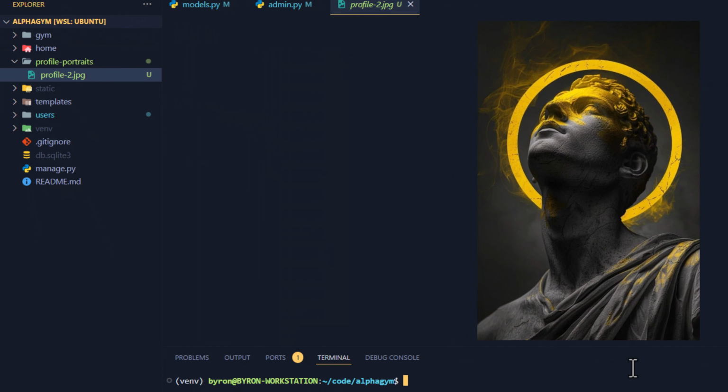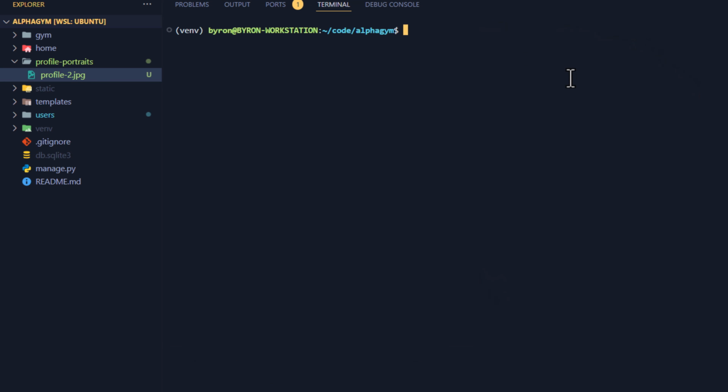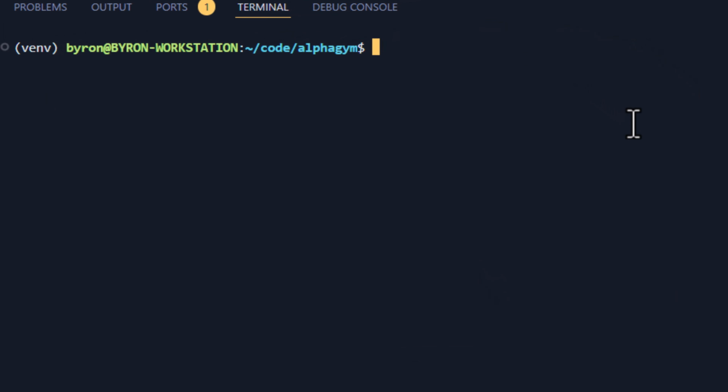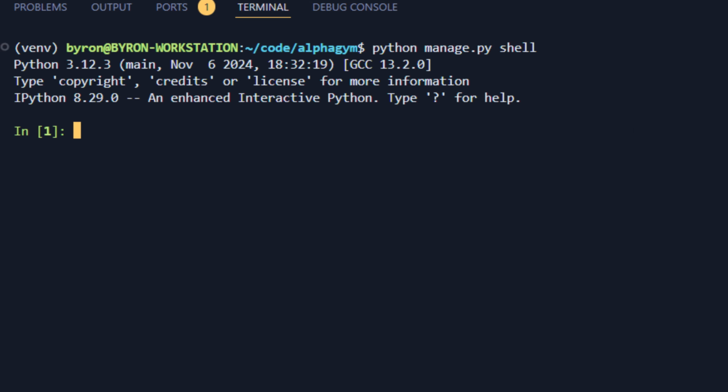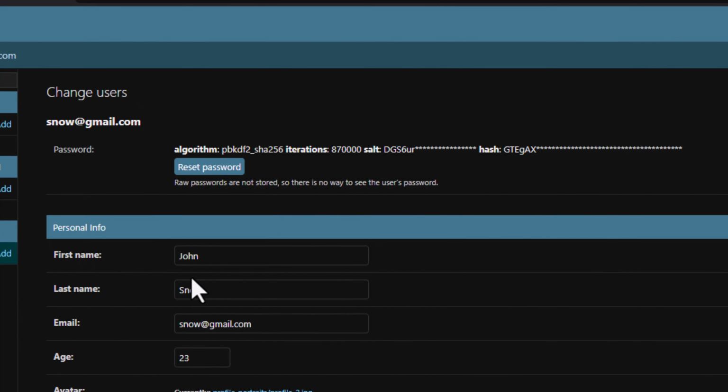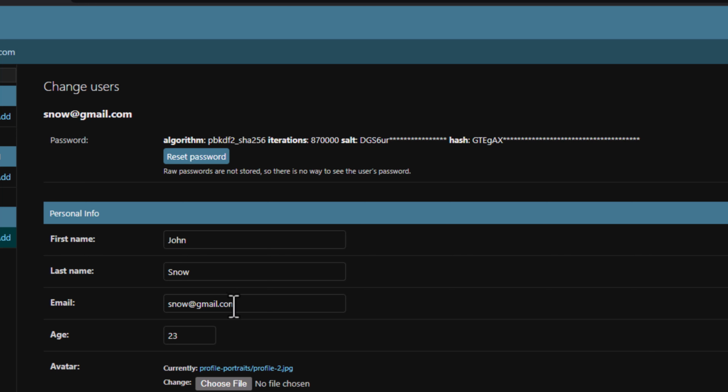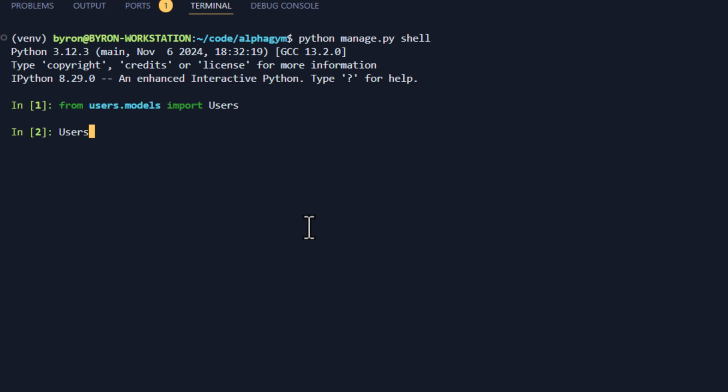So we can inspect this further by going to the interactive shell, which comes with Django, and we can access it using python manage.py shell. So we want to inspect the user object. So we're going to import the user model. So from users.models import Users, and I want to fetch this user, Jon Snow, with the email of snow@gmail.com, and we can do that using